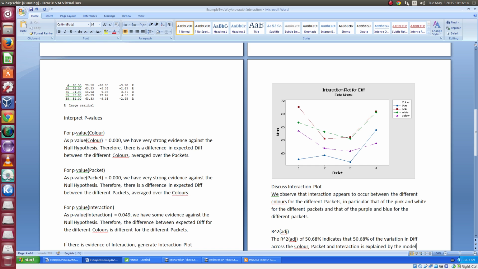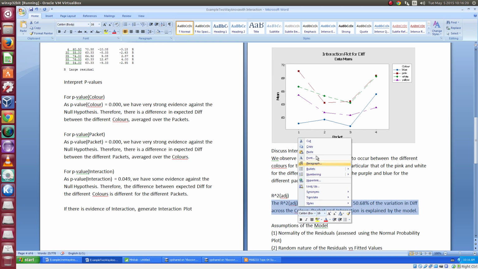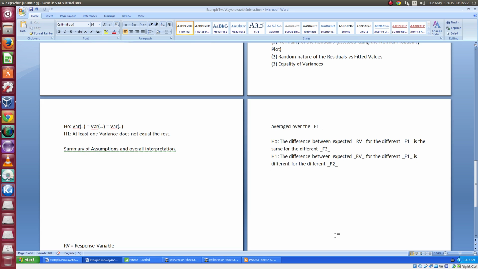So I guarantee you could almost take that as a template as well, and you could include that in the end. And in fact, I will do that right now. So may as well, Control V. So the R squared adjusted of, so you need to put R squared adjusted indicates that R squared adjusted of the variation across difference, and so obviously this becomes factor 1,